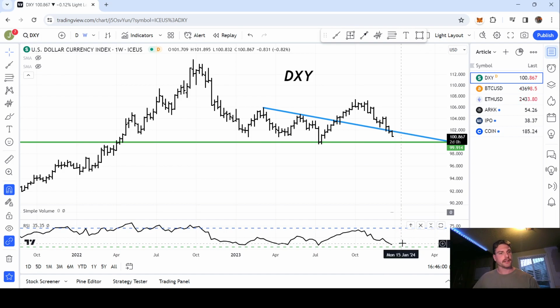And we also want to see the weekly RSI get oversold. That's going to let us know that there is a bearish regime going on within the dollar index on a weekly level. And that means that our more riskier emerging market currencies, as well as some of those more established market currencies, are going to be ripping. And that is a confirmation that we're seeing a flight from safety and into more speculative assets.